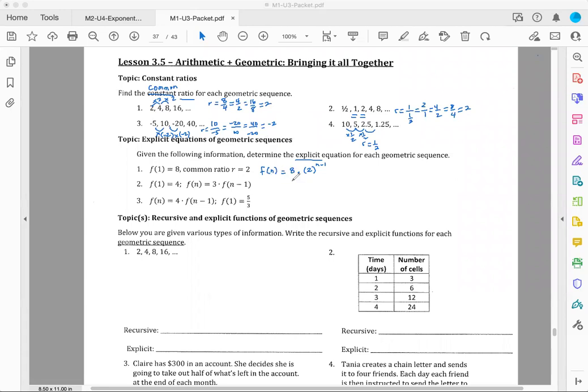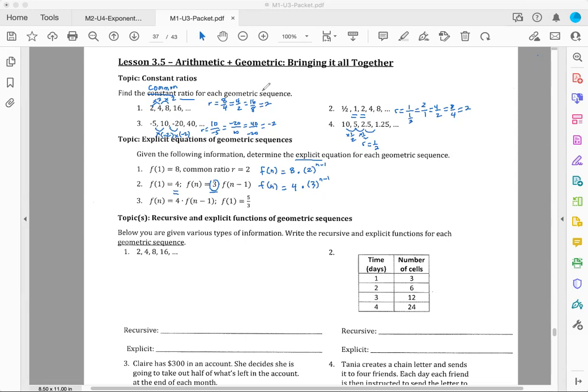Number 2, and then I'll let you do number 3 on your own. Also, again, we have f of 1 is 4. We have f of n in terms of f of n minus 1. So we have a recursive relationship here, with n greater or equal to 2, which you need to write every time. Don't forget that. So for explicit, we would say f of n equals f of 1, which is 4, multiplied by the common ratio. The common ratio is 3, because 3 multiplied by f of n minus 1 gives you f of n. Multiply by 3 to the n minus 1. Okay, try 3 on your own, and we'll discuss